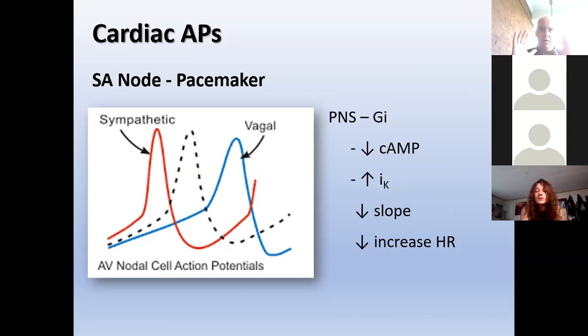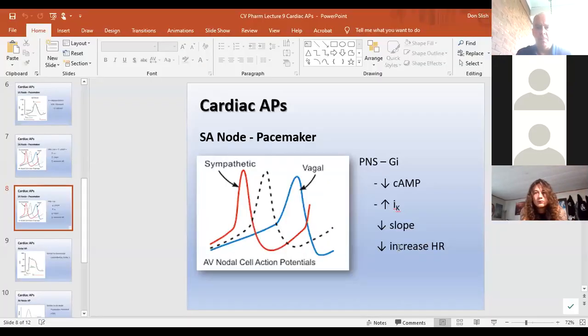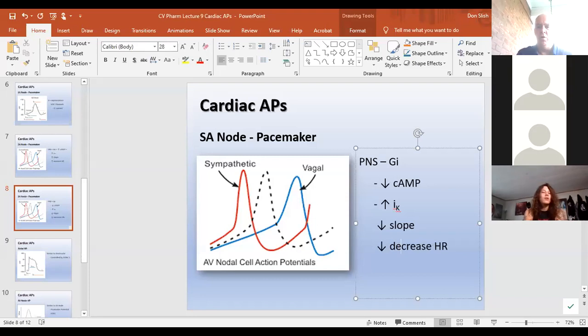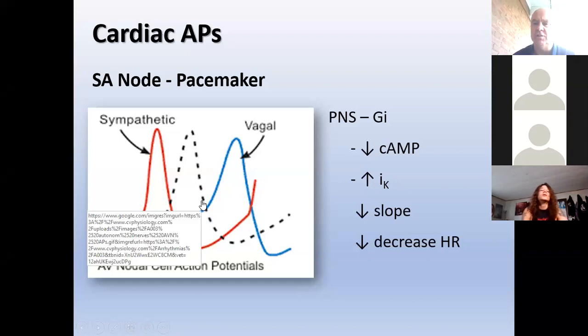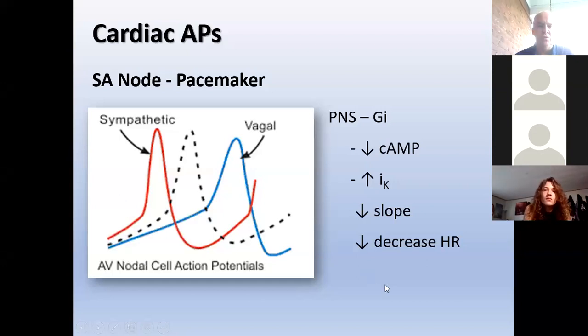But anyway, back to our vagus. So the vagal nerve then activates GI, which inhibits cyclic AMP production, which decreases your funny current. And it also activates potassium channels, which both of these mechanisms are going to decrease your slope. So when you decrease the slope, you space your beats out and you're decreasing heart rate. Those are two competing